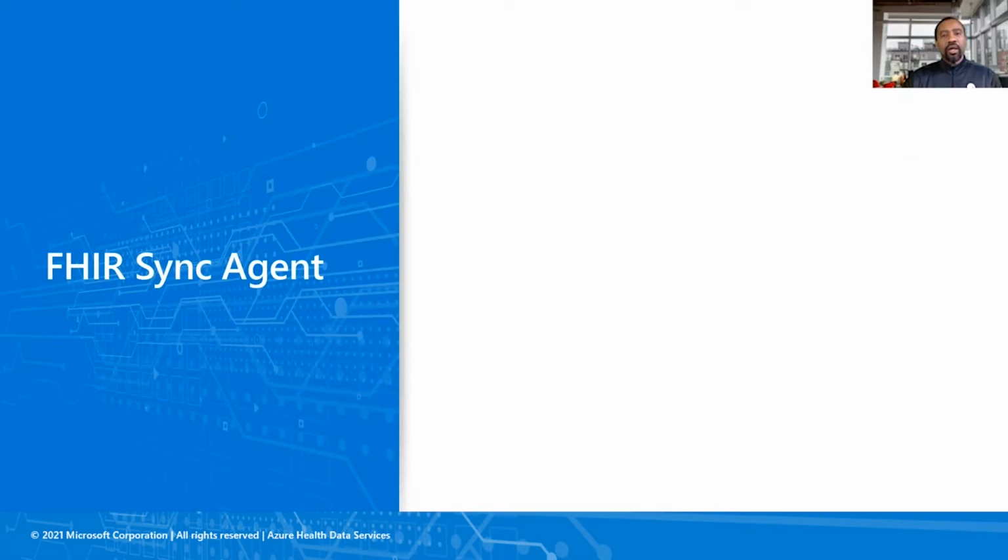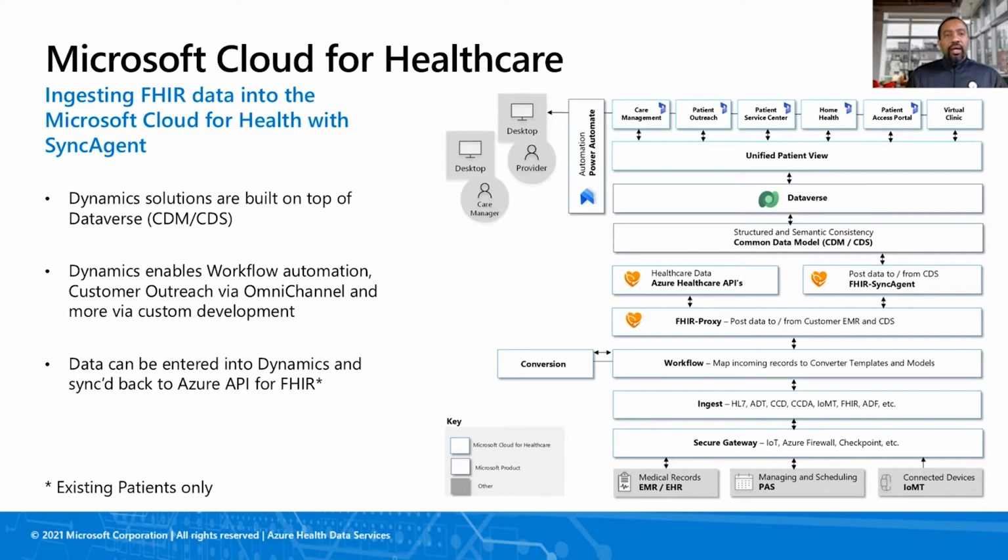I'm going to move on and talk about another component. As we mentioned, FHIR Proxy is a piece of middleware that stands between external systems and the API for FHIR to implement custom operations. We've also built a tool that we call FHIR CDS Sync. That tool allows us to sync data that lives in a FHIR data store with Dataverse and our Dynamics platform. So as data moves through, FHIR Proxy looks at that data, will go ahead and perform the appropriate